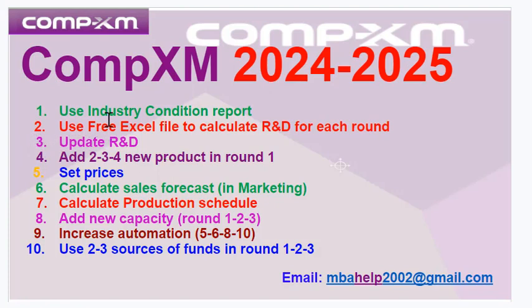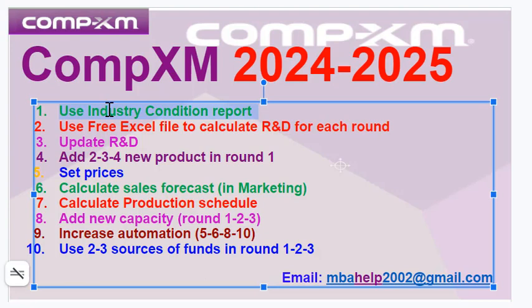few hours. So last video we watched the industry condition report for round 1 and round 2. I say it again and again so you can follow it. And use the free Excel file to calculate INT and update INT for each round. We do that for 4 rounds, and we have added 4 new products in round 1, so round 2 and 3 are very easy. We set the price already, and now I'm showing how to calculate the sales forecast in the